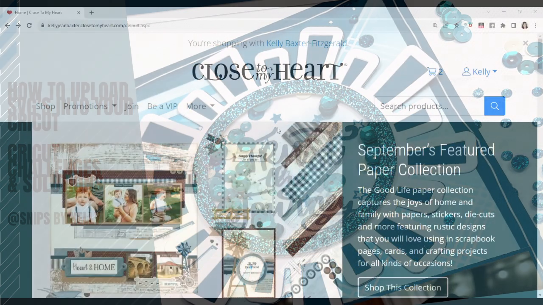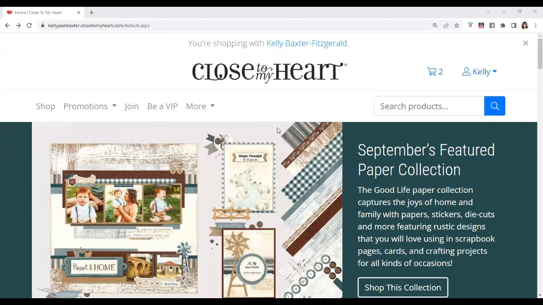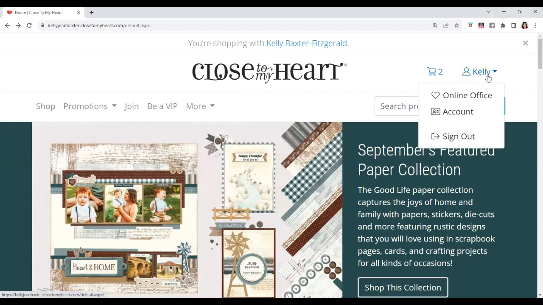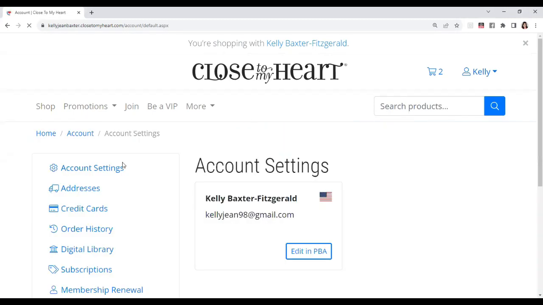Today we're going to tackle a couple Cricut issues and questions that I get very often. One is downloading and uploading SVG or digital art into your Cricut, and the other is how to reduce the number of images in a set so that you can cut less. So that's more toward the end of the video, but first we're going to go into our Close to My